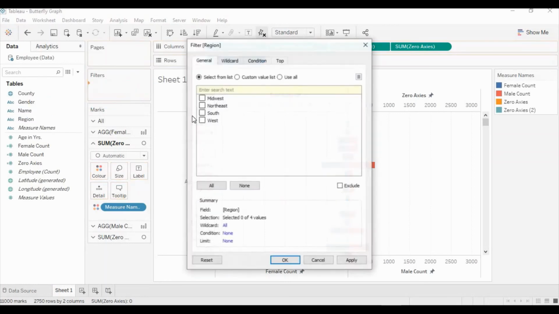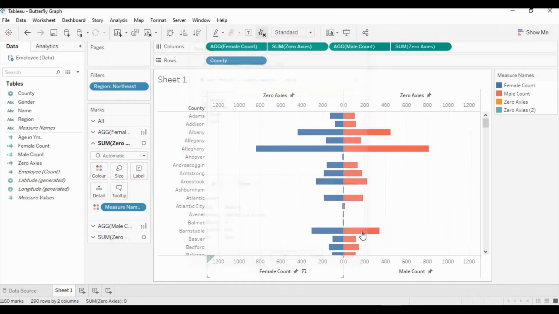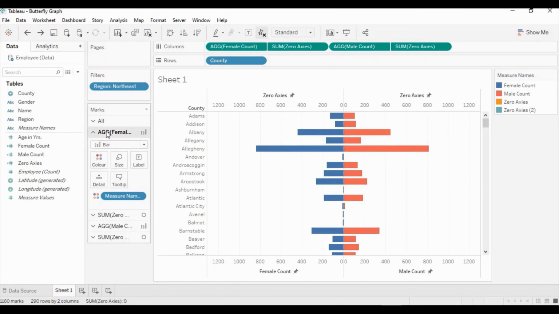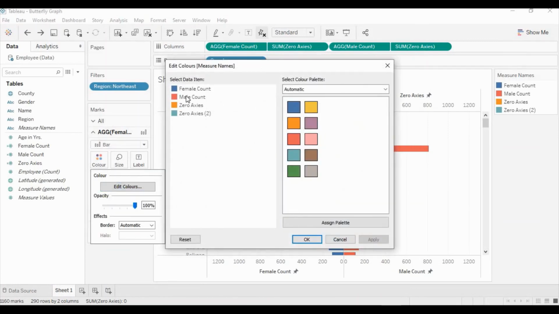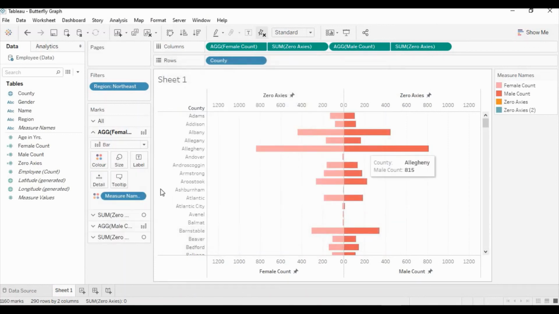I am just selecting one region, so it will look good, with the count of male and female. Now after that, you can go to the female option and select the color, pink.